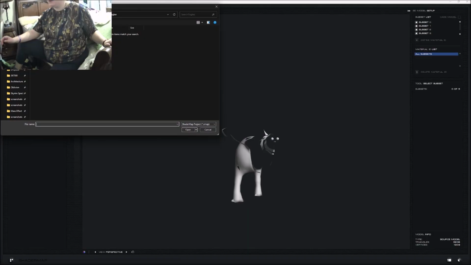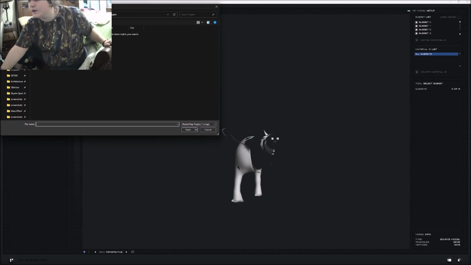Have to click on the face on the side and say mirror object to make it symmetrical. But anyway,